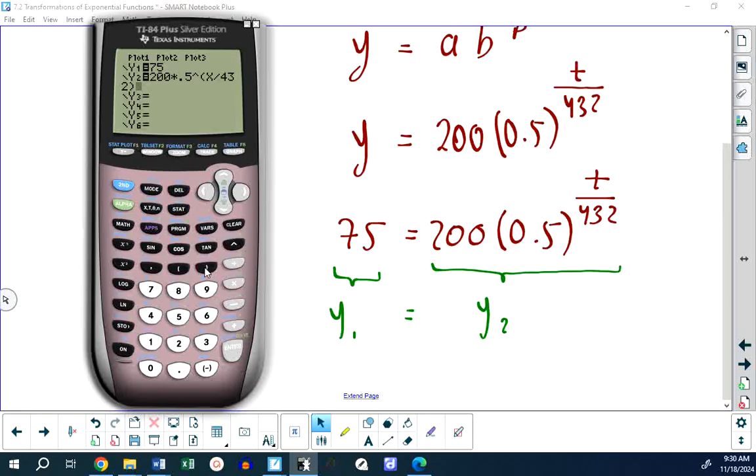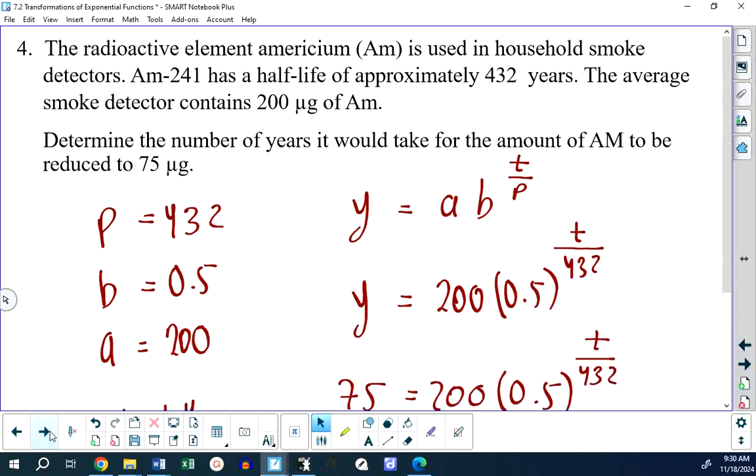A little bit of common sense here. We know that it starts with a value, the amount of material, starts at 200, and it declines in value, so it's going to go down. I don't want to turn this into a physics lesson, but it's going to take 432 years to get cut in half to 100, and we want to go to 75. So it seems reasonable to me